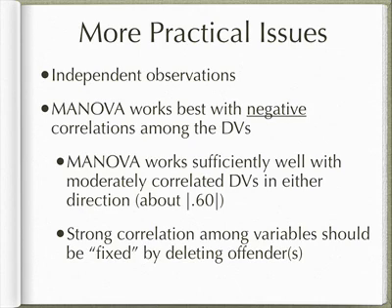I was taught that the approach should be to have dependent variables that are naturally inversely related with each other, because that helps with the MANOVA part, where we're trying to discriminate group membership, trying to predict whether somebody's in a group or not. But at the end of the day,